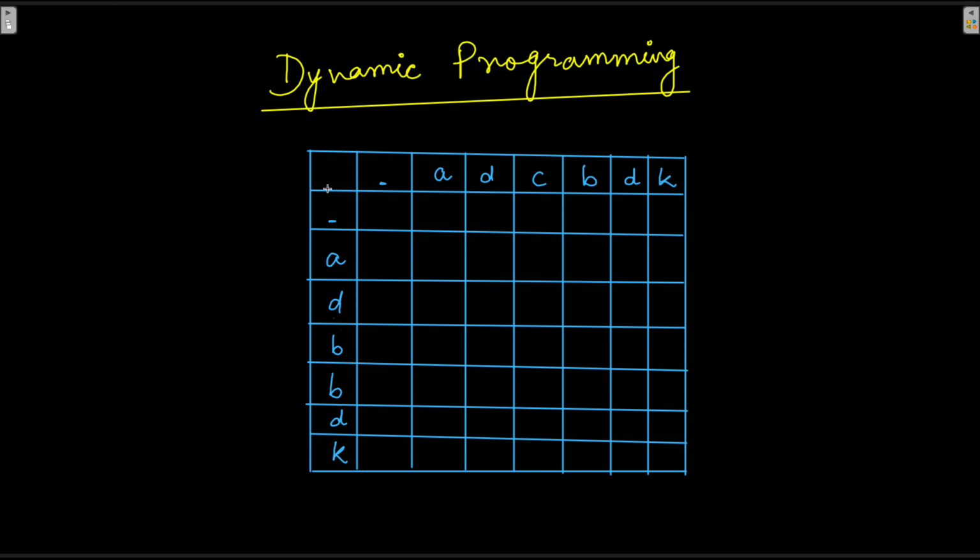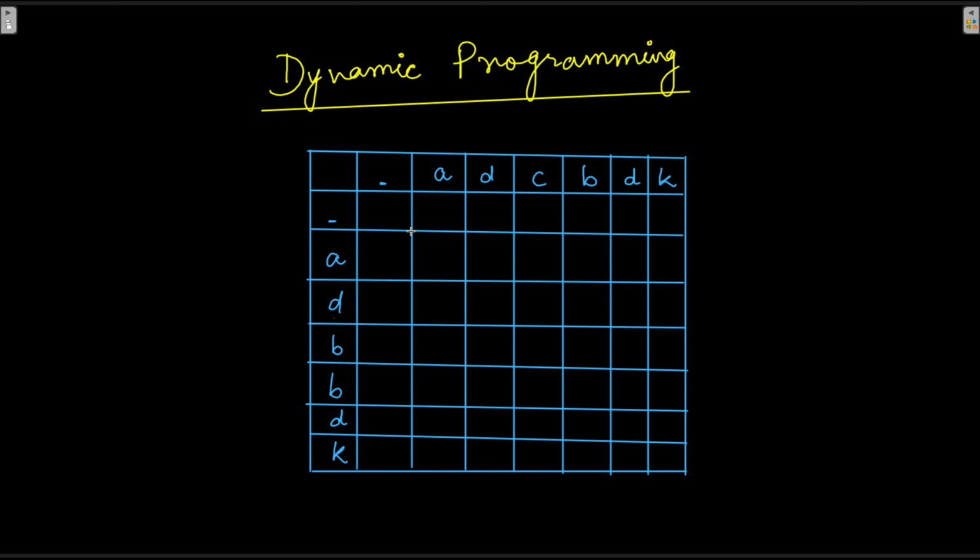So the first step is to create this tabulation, a table for dynamic programming. In this table, we have the main string that is given here in the rows, and in the column we have the pattern that we are going to match it against. Right before this string, we have taken one empty string. So this is nothing but just an empty string. And over here is another empty string. So finally, this looks like a matrix, right? And we are going to test whether the pattern is matching against the given string or not.